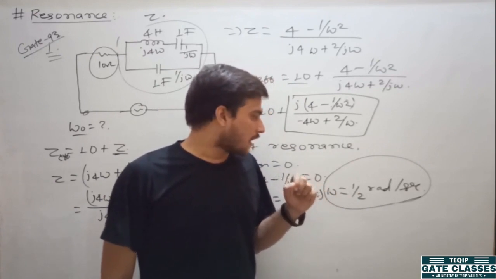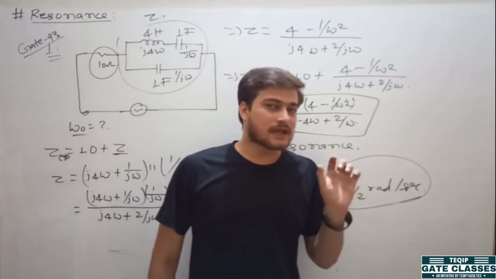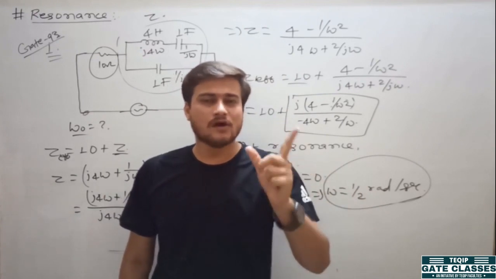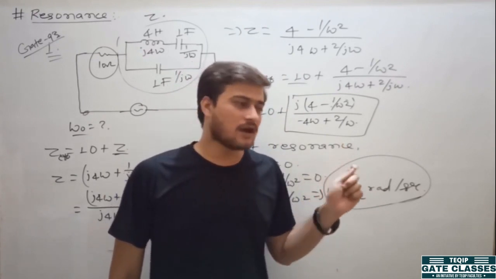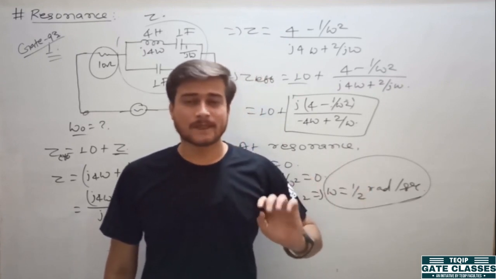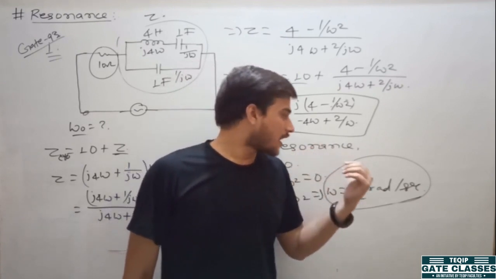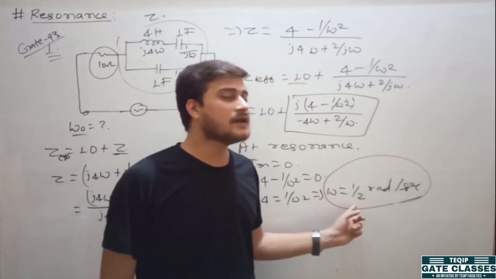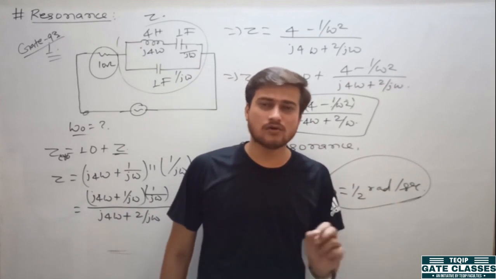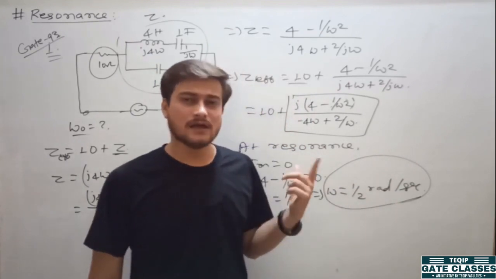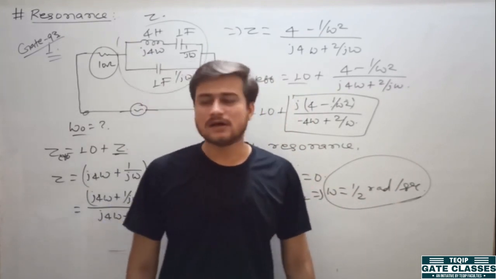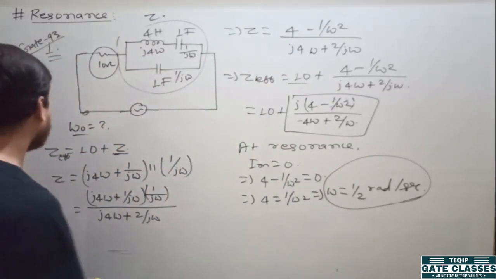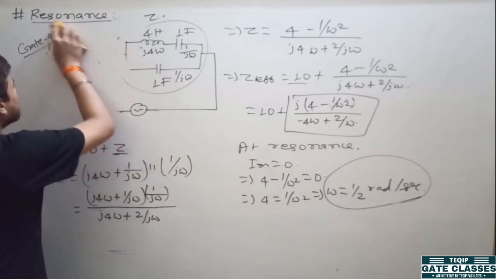examination are numerical answer type questions. In the question itself they will write its resonant frequency in radian per second will be, or they will write its resonant frequency in hertz will be. If they are asking you to find the frequency in hertz, then you will have to convert this omega into hertz. That means omega is equal to 2 pi f, so you will have to divide by 2 pi. Then only you can write the answer. Otherwise your answer will be wrong if they are asking you in hertz. Clear?